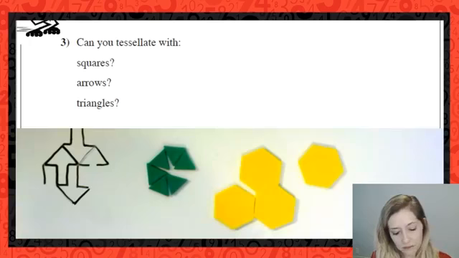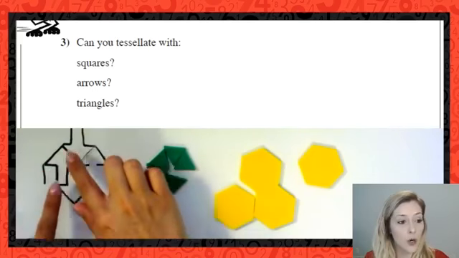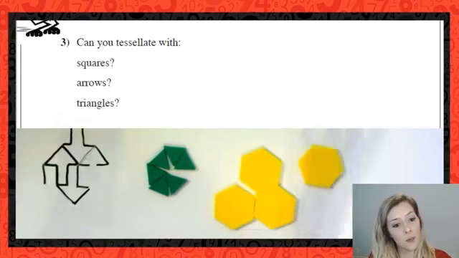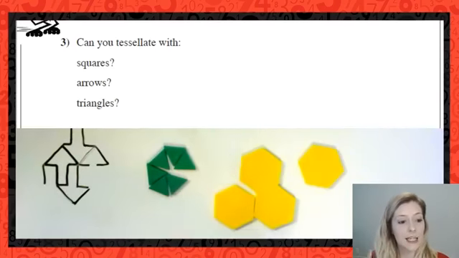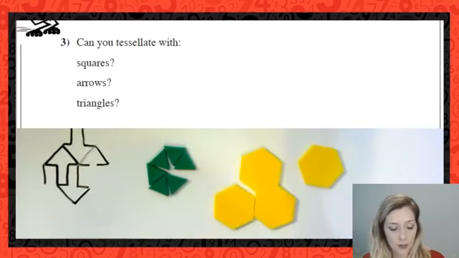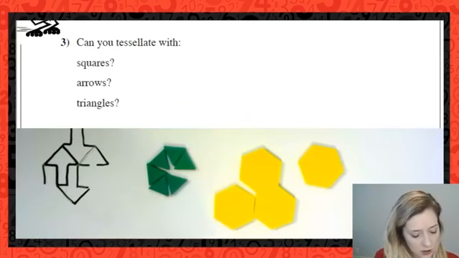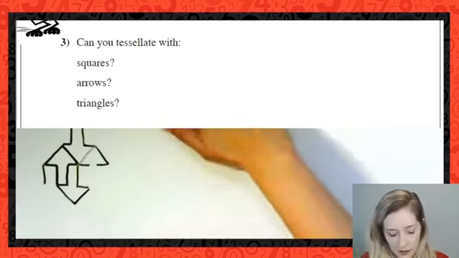All right? And an added challenge to that would be, what if I change the angles of these arrows or the lengths of them? Maybe some of them work, some of them don't. So I'm going to scroll down there, and just make an observation here that here we're tessellating with just one shape. And the question I want you to start thinking about is, can we tessellate with more than one shape? So let's try to investigate that in just a bit. I'm just going to remove this from my screen.